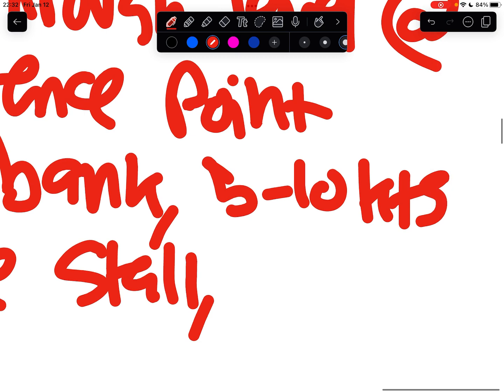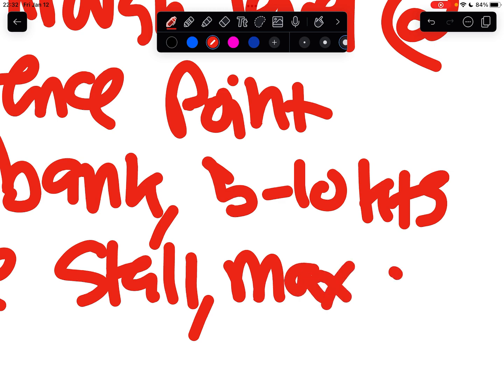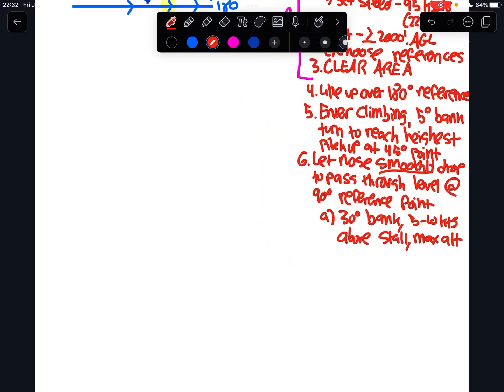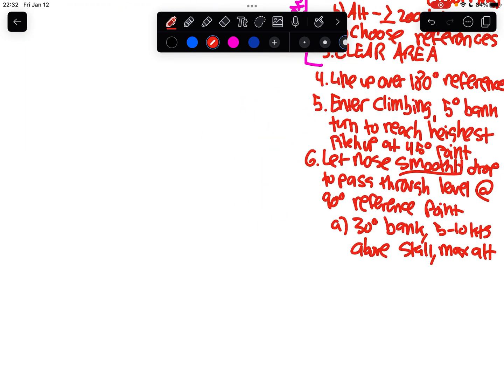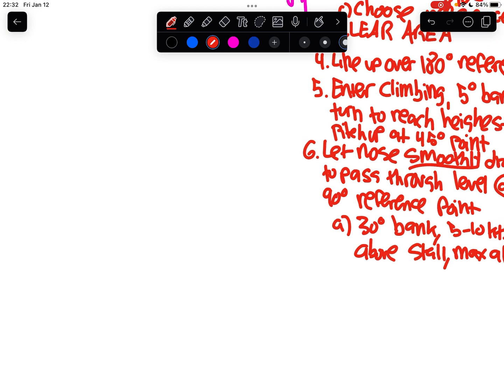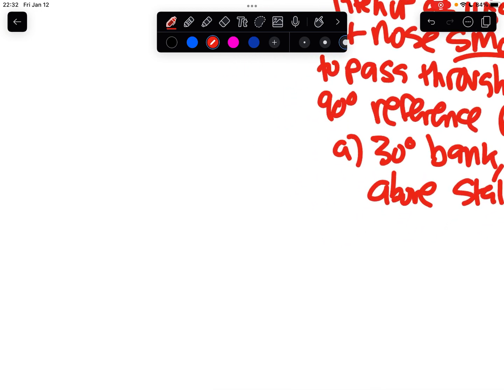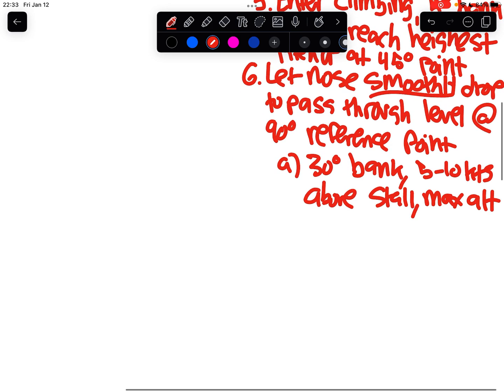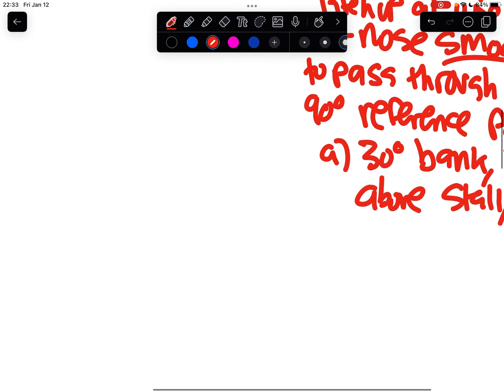Highest altitude. So I'll just put, actually let's do this. Max altitude. Now, pass smoothly through level. Now, as you pass smoothly through level, let that nose keep coming down. You're going to start easing out of your bank after passing through that 90-degree turn. So you're going to hit 15 degrees of bank at the 45-degree point. As you bring that nose up, keep the bank coming. Let the plane overbank as you pass to 90, and then start smoothly easing out of the bank after 90